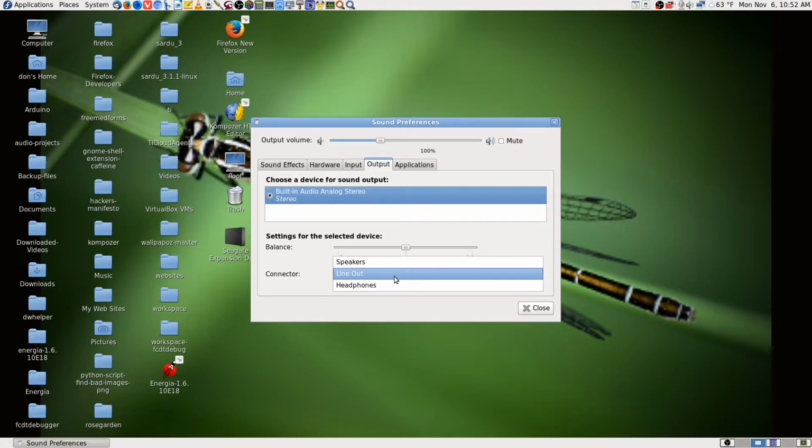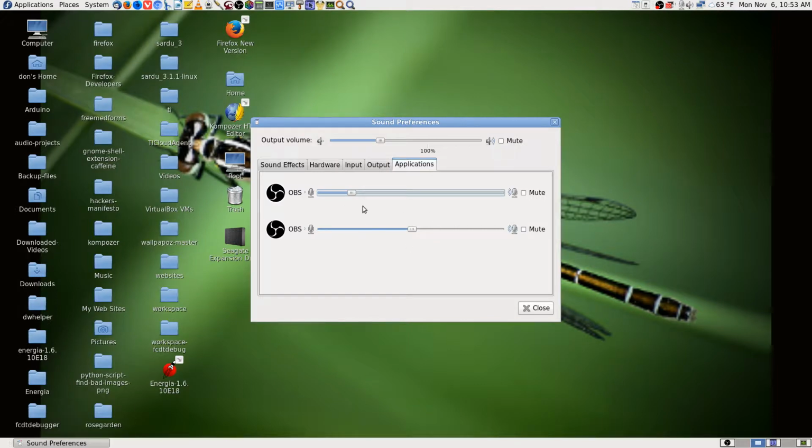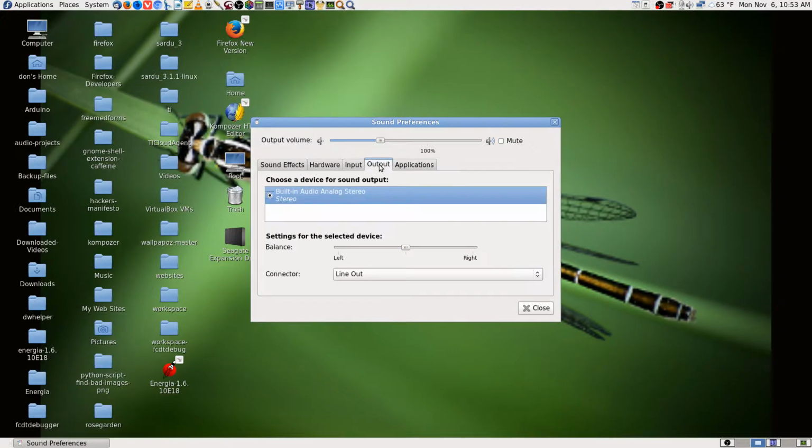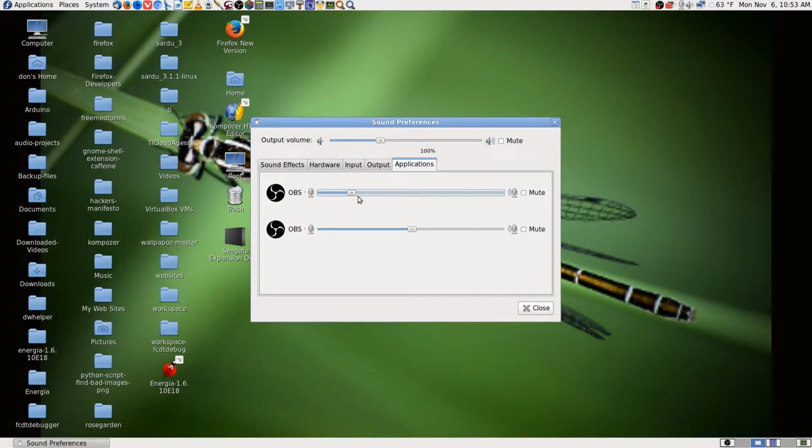Okay, yeah, headphones, speakers, and line out. Okay, so there's not a way to say both. But go to headphones. Yeah. Somewhere in there's a spot where you can turn on and off the auto mute. I don't know where it is. Yeah, I'm going to have to play with that. I don't want to do it in this recording though, to see what's going on with that. But they're both on, so